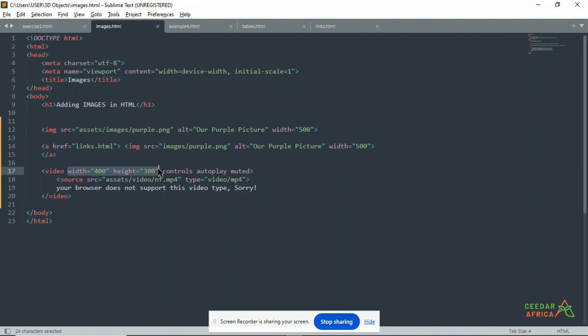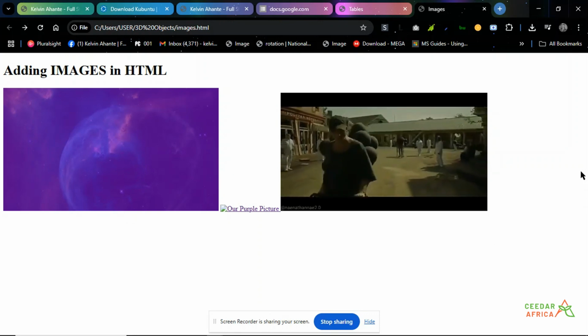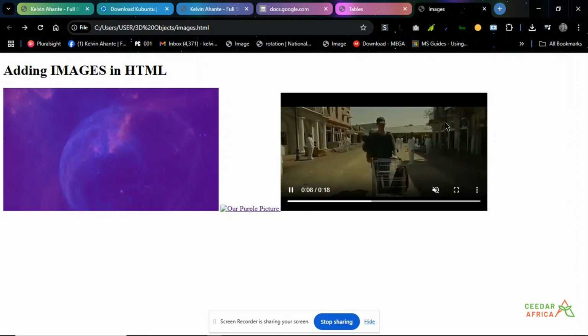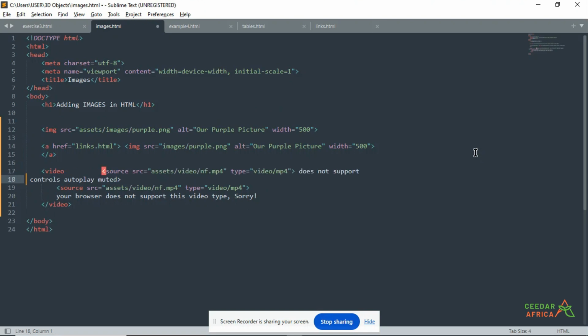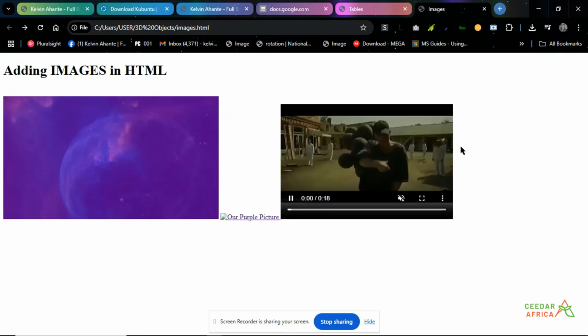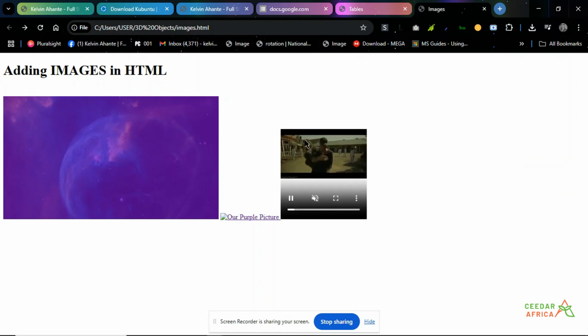Then if we take out this width and height, save that, refresh, you can see that it inherits the default width and height of the video. That's how it behaves. But if we specify, it takes our command instead. So you see it has reduced. I can make the width, say 200. See how awful that will look, but just for the purpose of trying it out. Okay, you see,